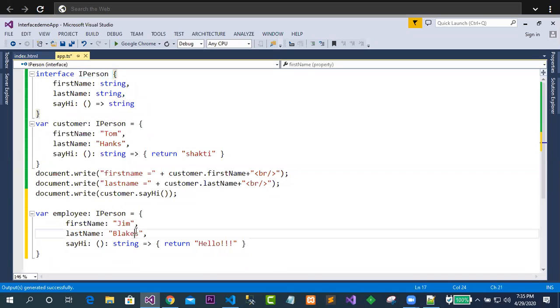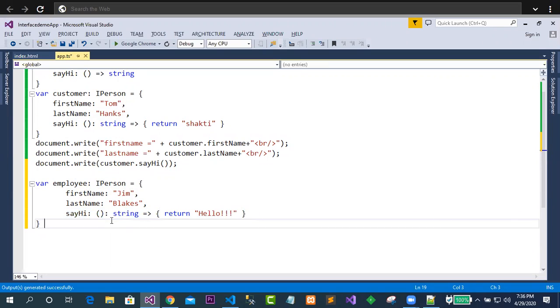It means that when you are supposed to get all the things the same in customer and the same in employee, at that time both customer and employee are using IPerson. So in this case, it is mandatory to provide what? First name, last name, and say hi method or function. Got the idea? This is quite easy to understand.